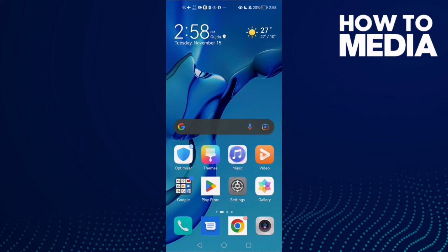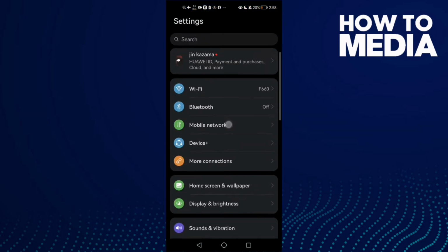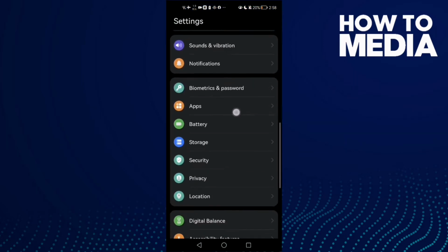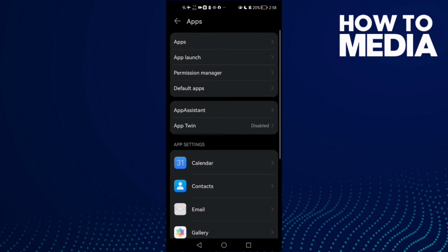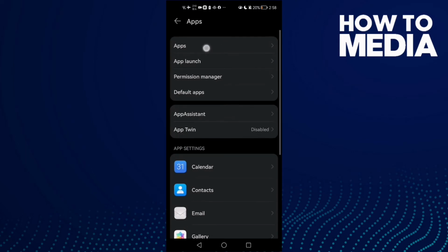How to fix Twitter tweets aren't loading right now on Android phone. Hello guys, in today's video I'm gonna show you how to fix this problem easy and quick on any Android phone. First open settings and now scroll down until you find here apps and then click apps again,